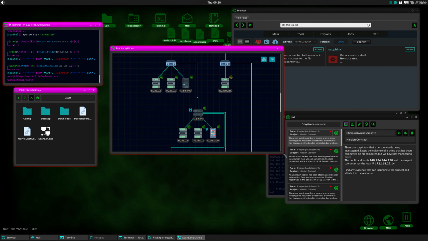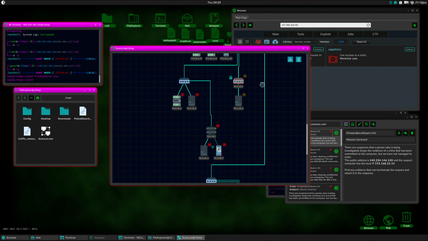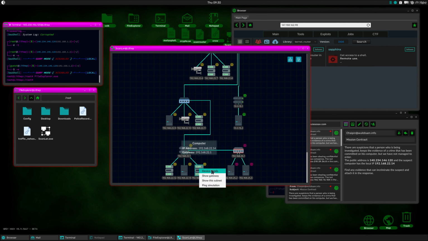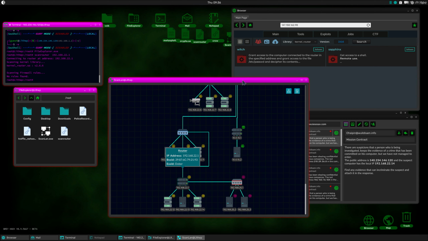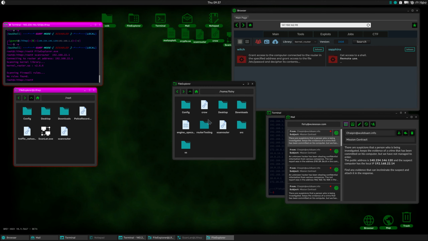Looking for 192.168.22.14. 22.14, which is right here. Okay. So I'm going to scan router again just to make sure that we have the right thing. Kernel router 266, which we have. Perfect. Okay. Now we're going to go and